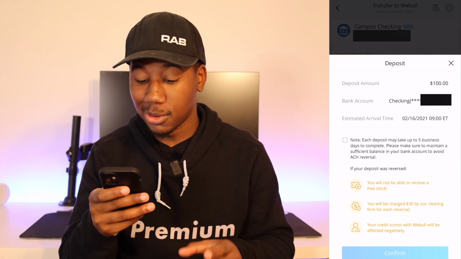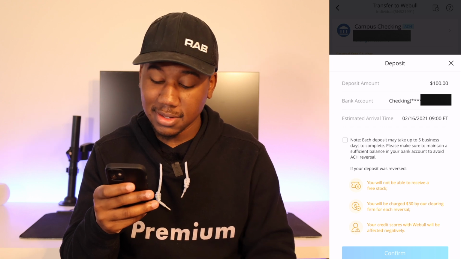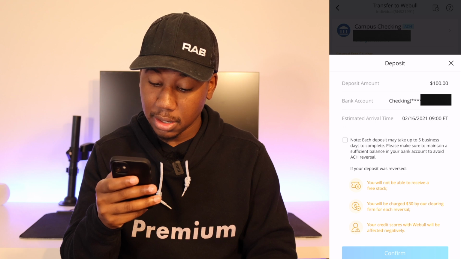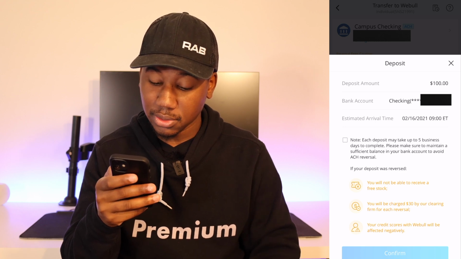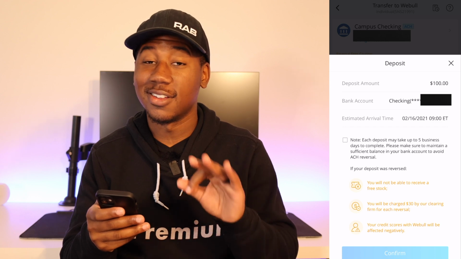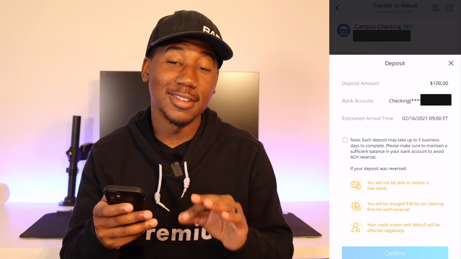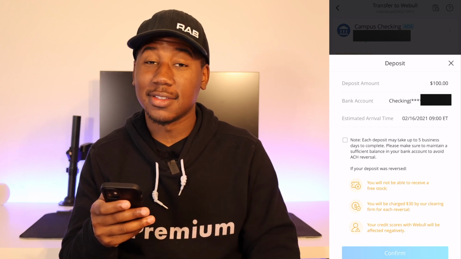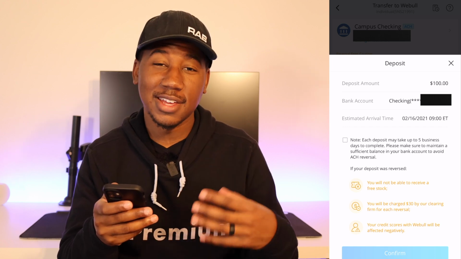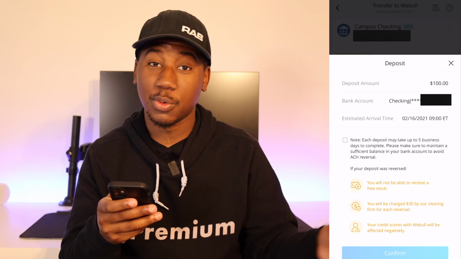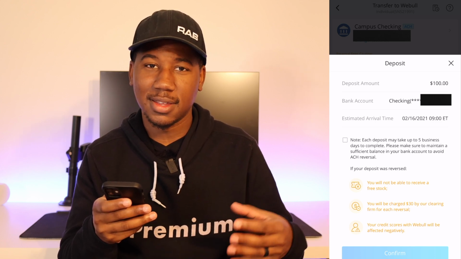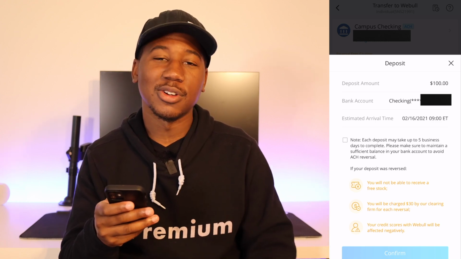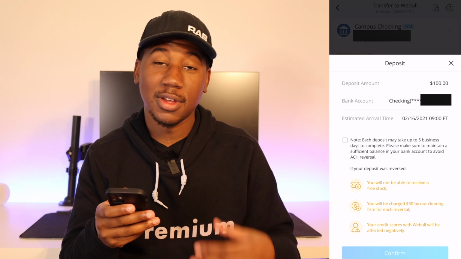And right here it says, note, each deposit may take up to 5 business days to complete. Please make sure to maintain a sufficient balance in your bank account to avoid the ACH reversal. So yeah, right there, that is very real. I have had an ACH reversal before, not on Webull, I have on Robinhood. It sucks. Sometimes it takes a few days till it actually shows up in your bank that there's a withdrawal. So you may think you have money, but that money's actually going somewhere else. So just want to make sure you have a good amount of money in your bank account when you're doing